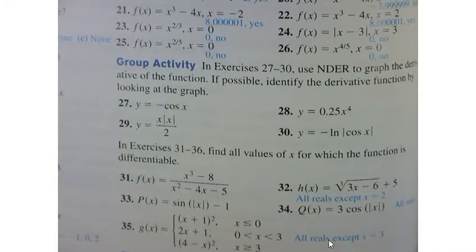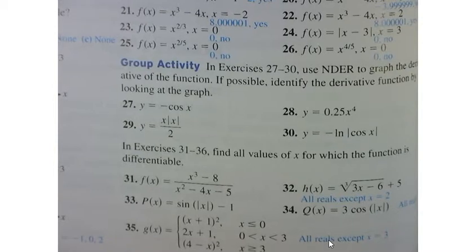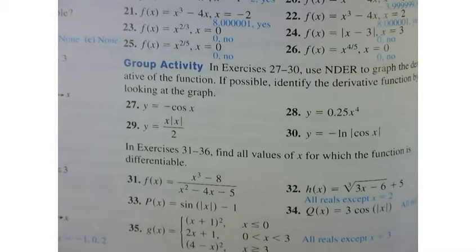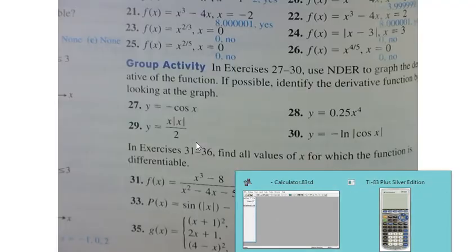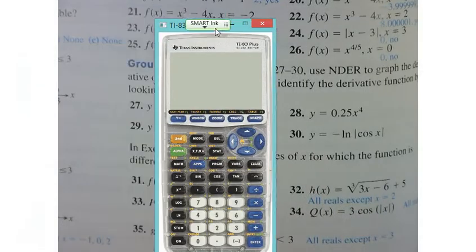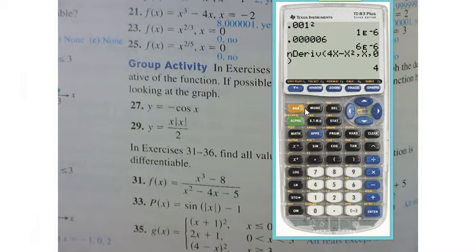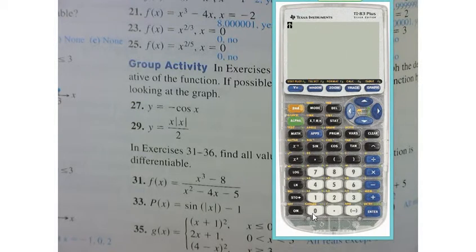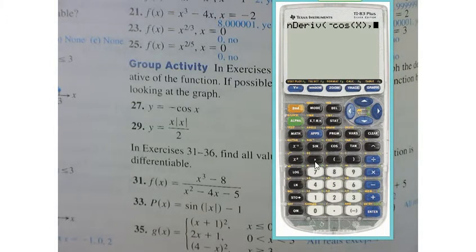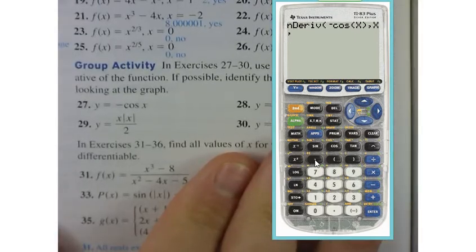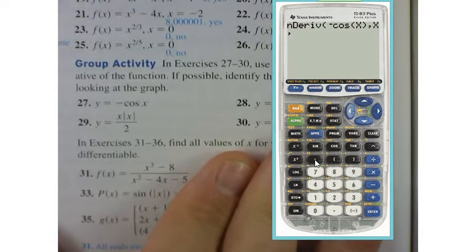27 says that we could use the nDeriv and identify the derivative by looking at the graph. So the first thing we want to do is the nDeriv. I turn on my calculator and hit second, catalog, and I think L gets you to the N's. I'm going to plug in negative cosine of x, and then I have to tell my calculator what to evaluate x at. Does it tell us what number to evaluate it at? Approximately. Oh, wait, it says